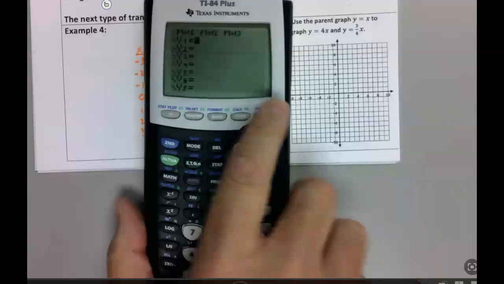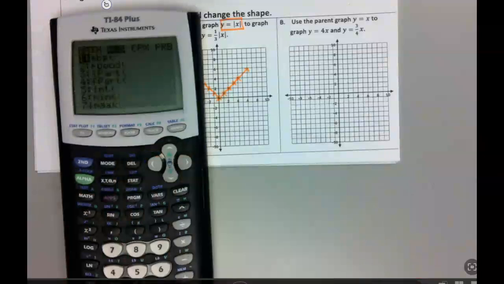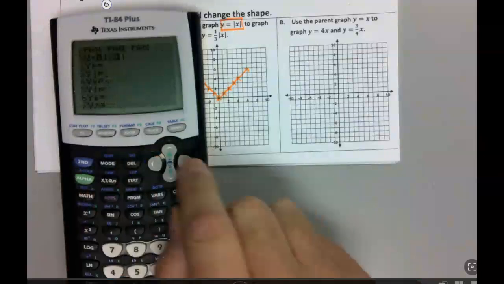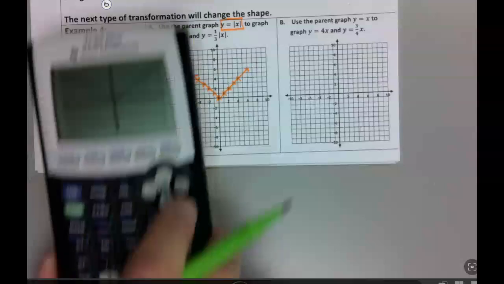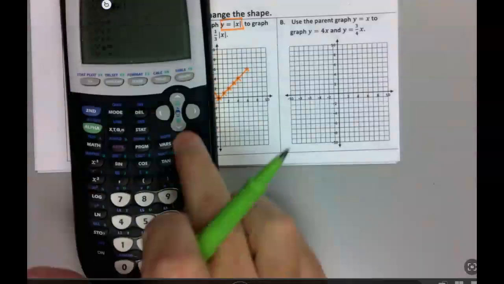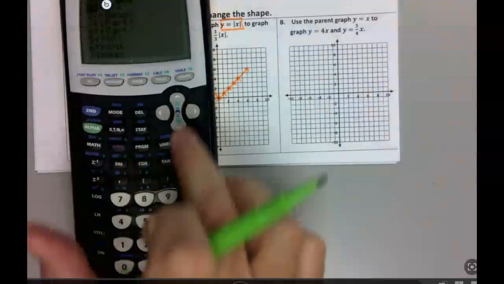Okay, so hit math, arrow over to number 1, put in X, and there's your parent function right there. Correct? Should be a V-shaped graph. Did you get that? Math, arrow over to number 1. That's the parent. Now let's do y equals, arrow down, 3, then hit math, absolute value,